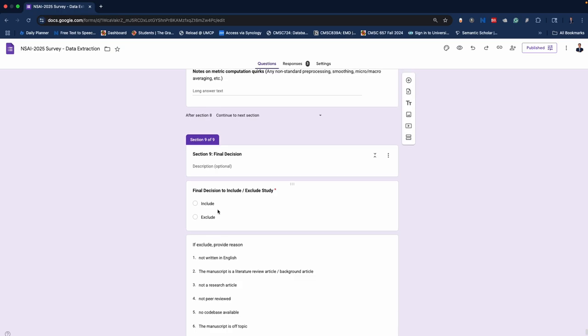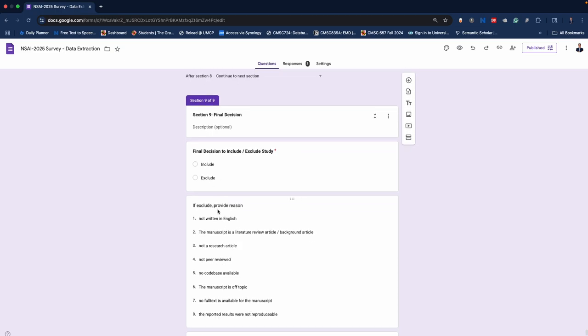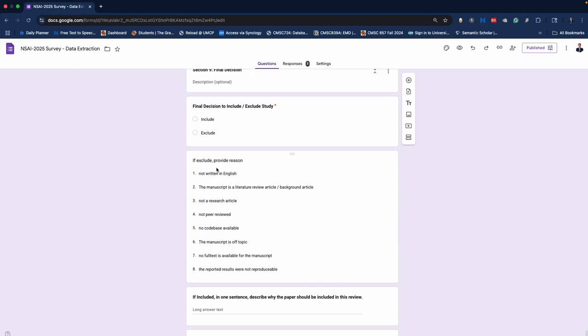And then section 9 is the final decision. So again, this is a section that you'll skip to if for any reason you want to exclude the paper, and you'll note that down here. But if you don't want to exclude the paper and we're including it, you'll note that down. If you do exclude it, then you'll say why it's excluded, and these